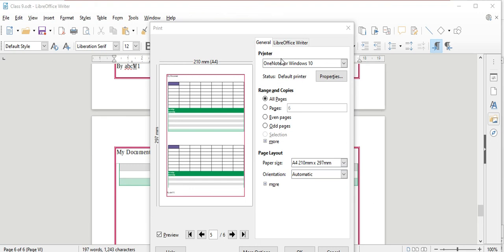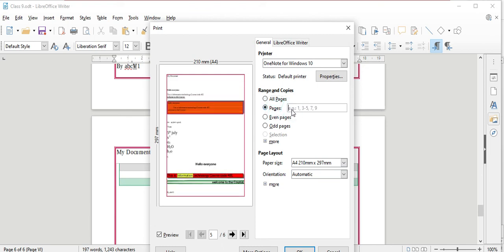Once you have selected your printing options as per your choice, there are 3 options for the number of pages in the document. To print all the pages in sequence, choose the All Pages option, if you want to take all pages. To print a single page or a number of non-consecutive pages, you can select Pages and mention the numbers here. If I want only the first page, then give a comma for the third page, then give a comma and the sixth page. So only 3 pages I want to print. By selecting this, you can check here.